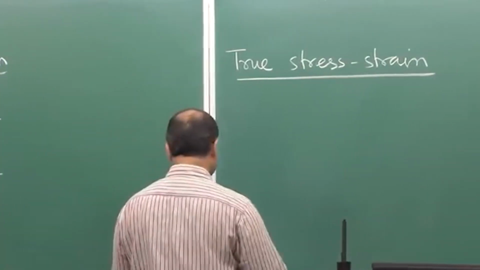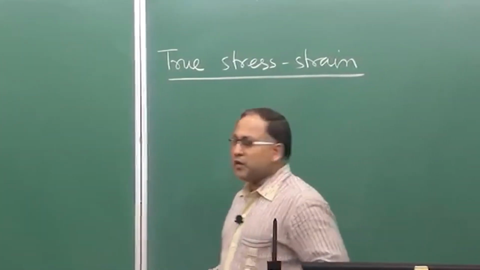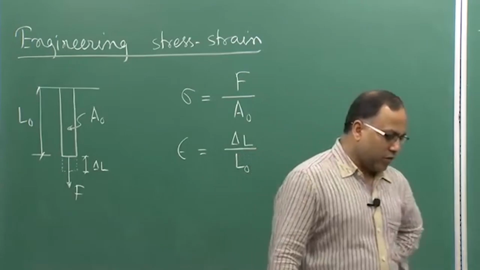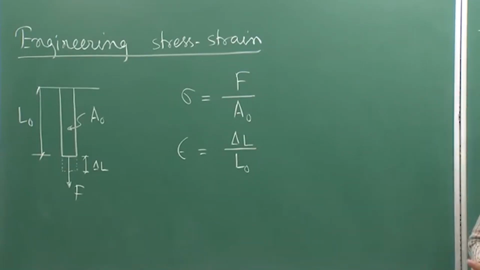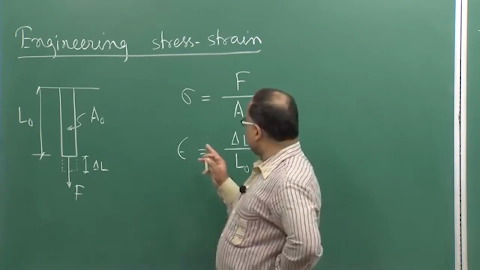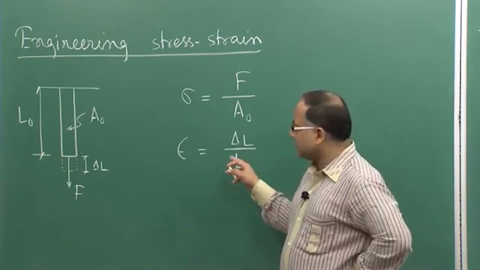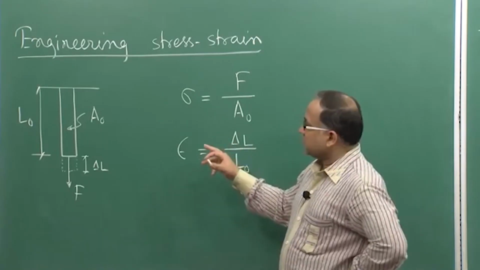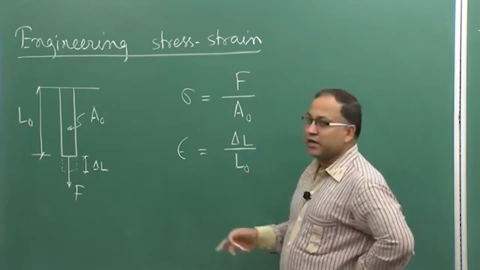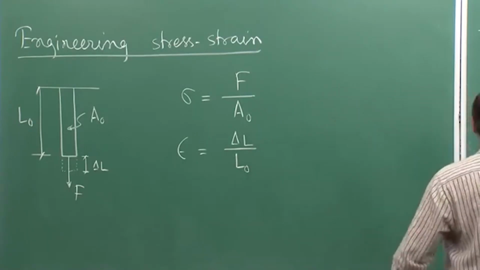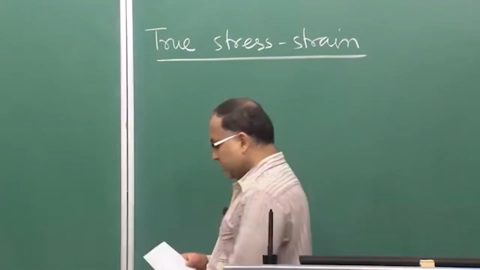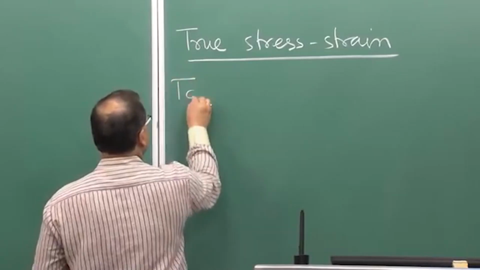So, in the true stress strain, the strains may be large, right. If strain is large, and you calculate engineering strain, that will not give you the correct picture, right. As long as your strain is very small, you can still think of calculating the strain with respect to the original length. But if your strain is very high, then this will give you a very approximate value, right. So, if the strain is very large, then you can consider the total strain